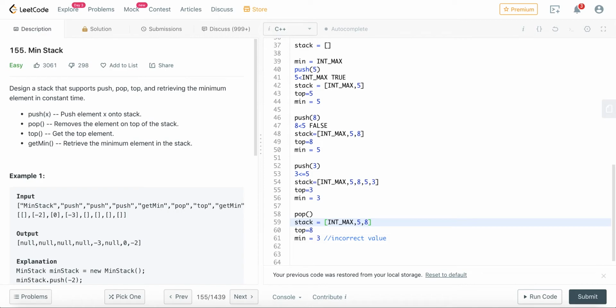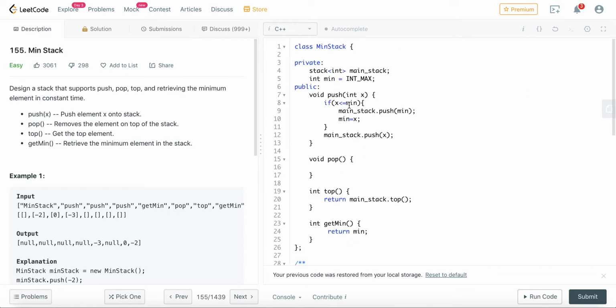Okay, let's go into the code and understand it deeply. If you look at this code, it says that if the current element to be inserted onto the stack is less than or equal to the previous min value, we'll push the previous min value, I'll update the min variable, and I'll push the current element into the stack. While popping out, we'll employ similar logic. The current min is nothing but the top of the stack, as in the case of 3. So what we'll do,